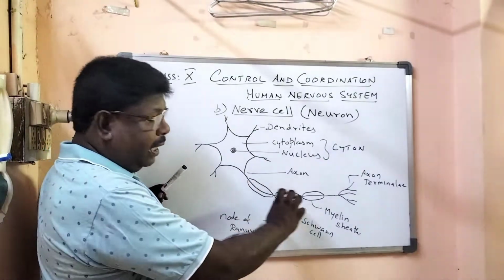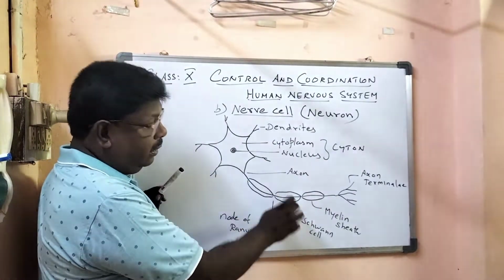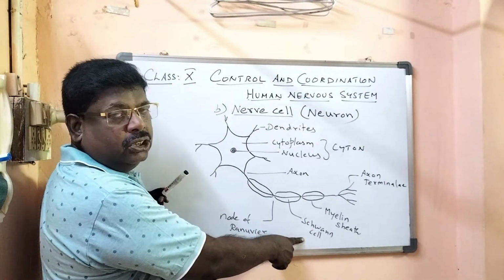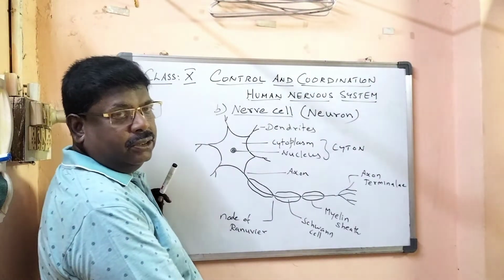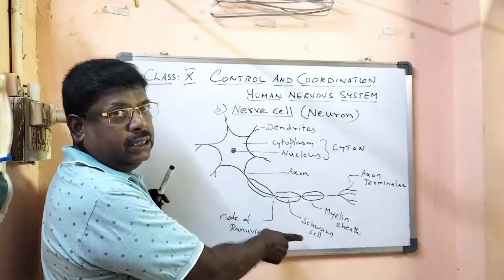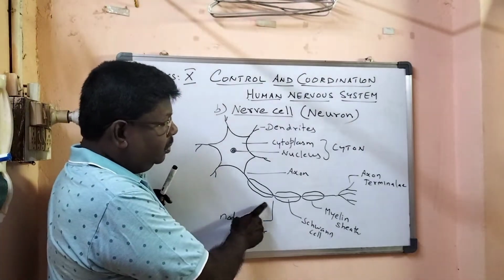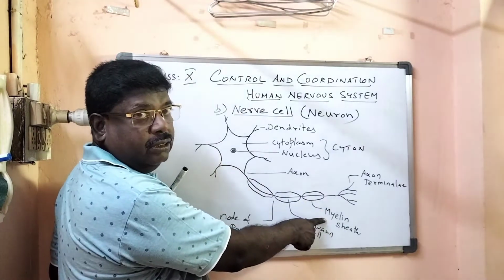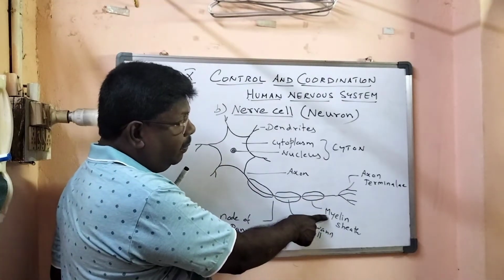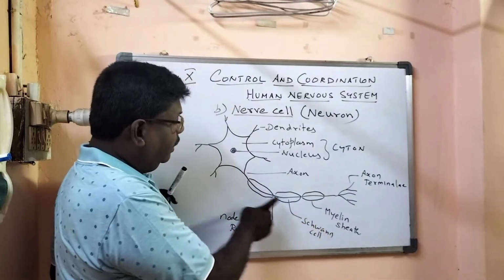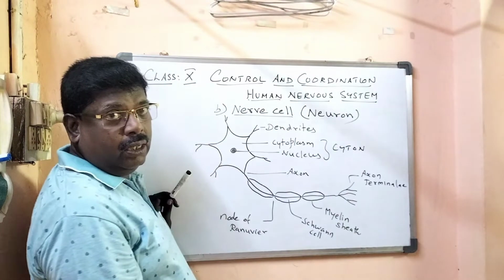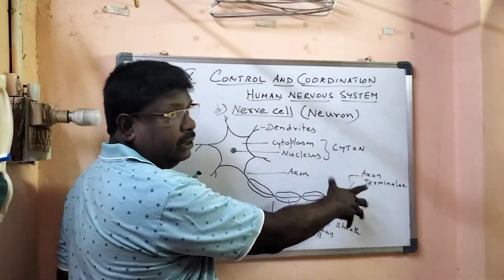That entire axon is surrounded by cells known as Schwann cells. Schwann is the name of the scientist. To honor him, we have the name Schwann cells. He first identified them. These Schwann cells have a protective covering called myelin sheath. This axon is the long nerve fiber or nerve filament. It will end up in branches called nerve